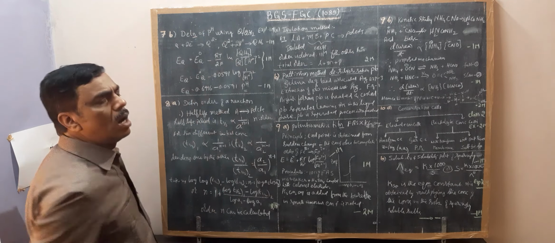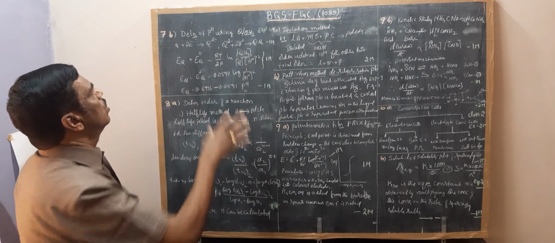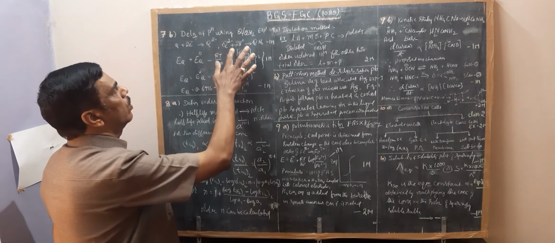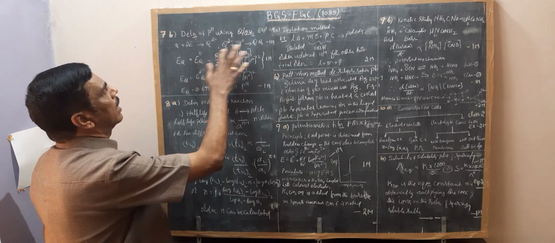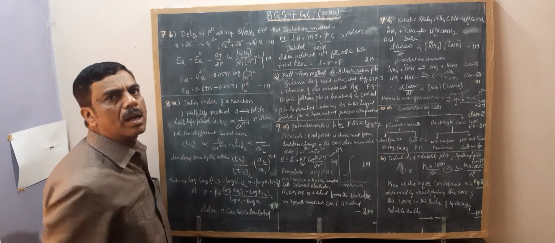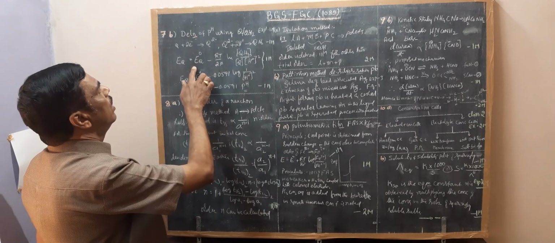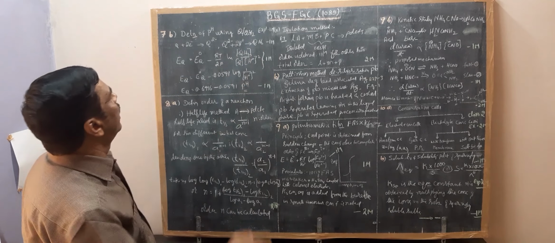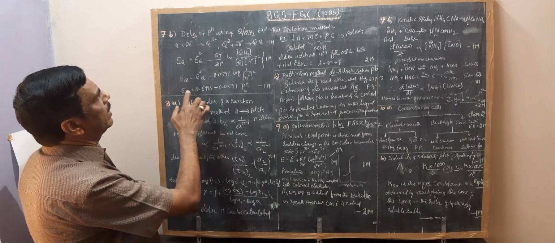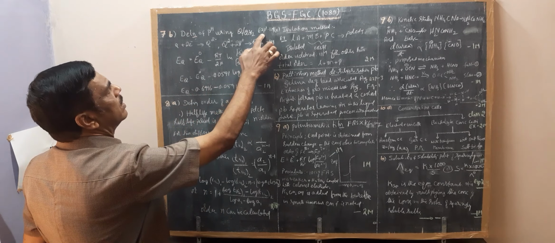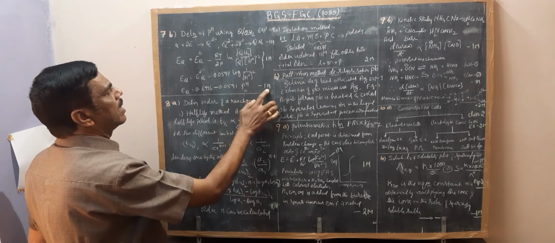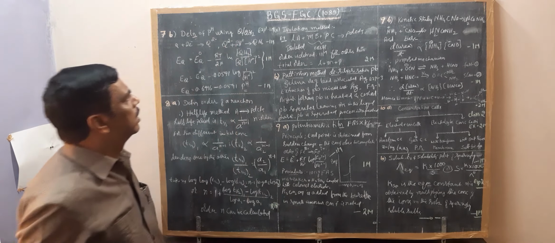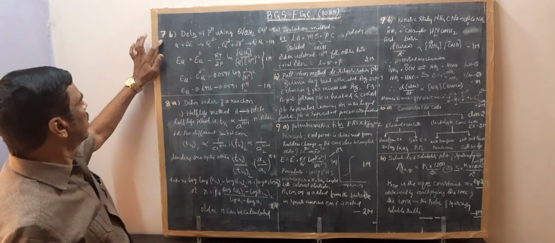This is how the marks will be allotted. If you write the equation of quinone and hydroquinone consuming the electrons, you will get 1 mark for this equation. Similarly, if you write the Nernst equation for this reaction, you will get another mark. And for the general explanation 1 mark, and the final answer 1 mark. Thus 4 marks have been divided. So this is the scheme of valuation of question 7b.